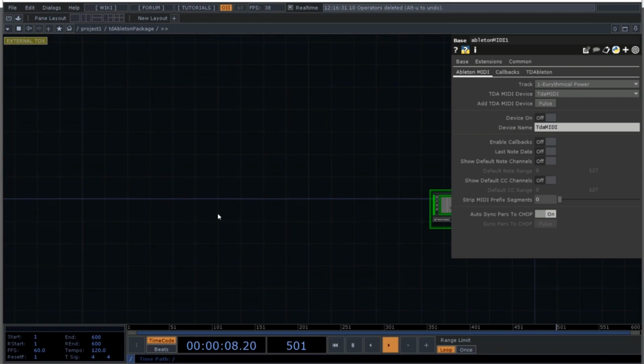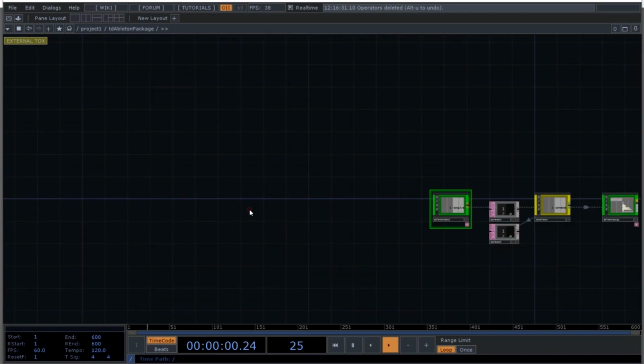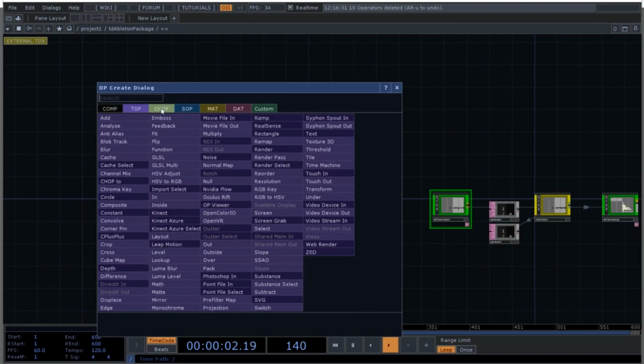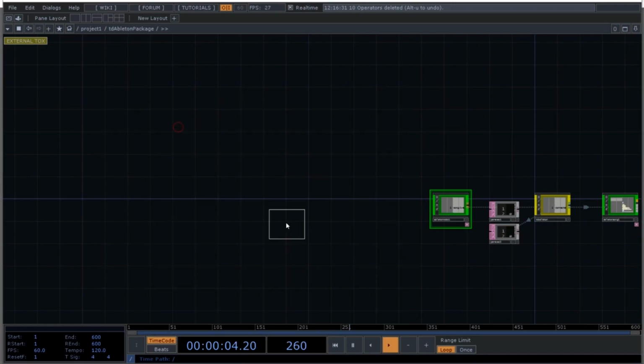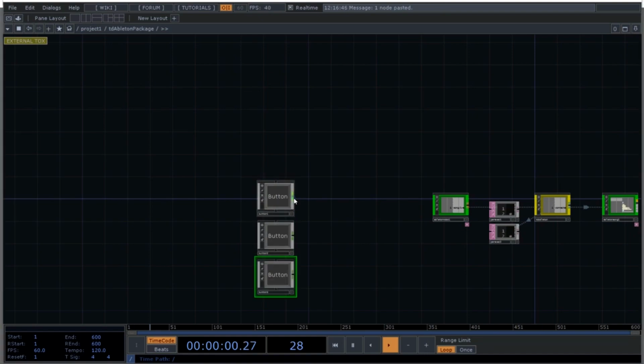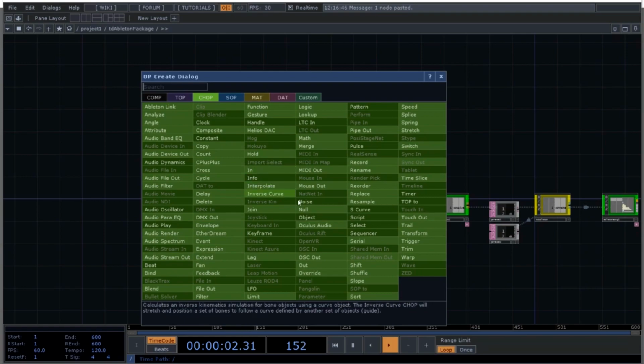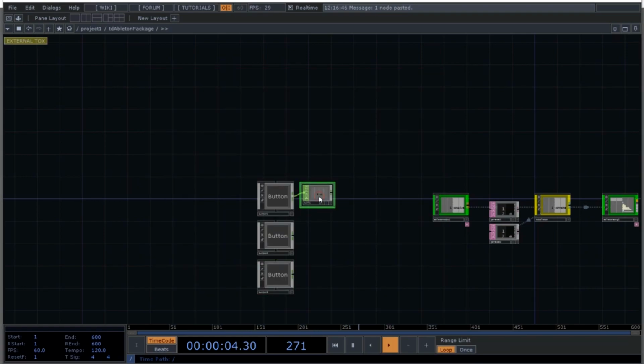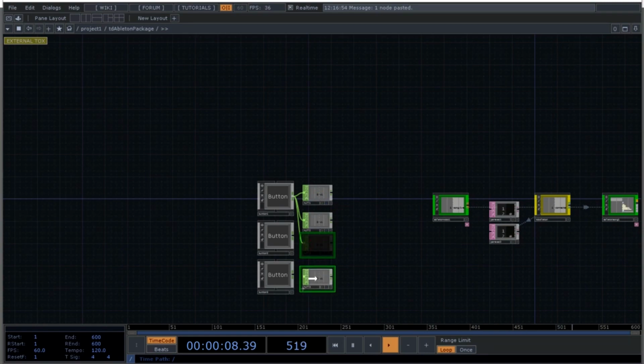And now I want to create a couple of buttons, so I go in COMP, button, copy 3 of them, I add a null here, copy and paste also other 2. All right,